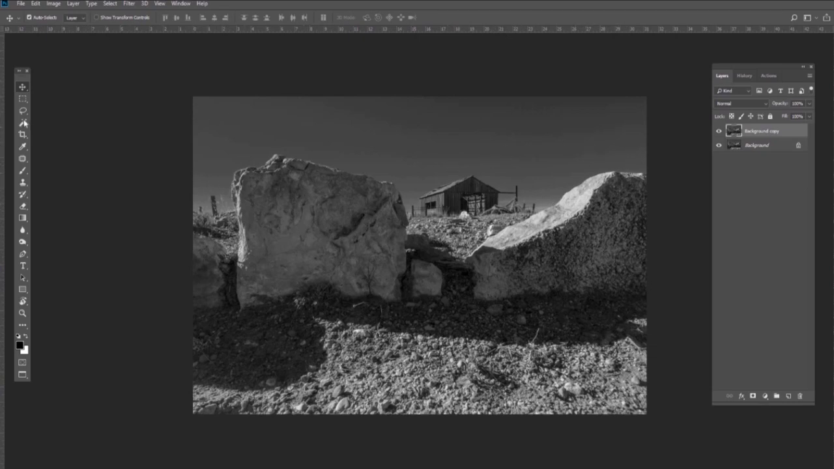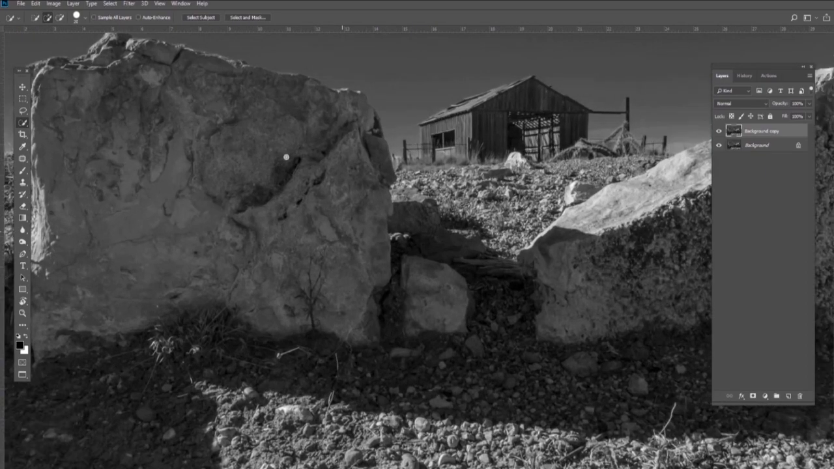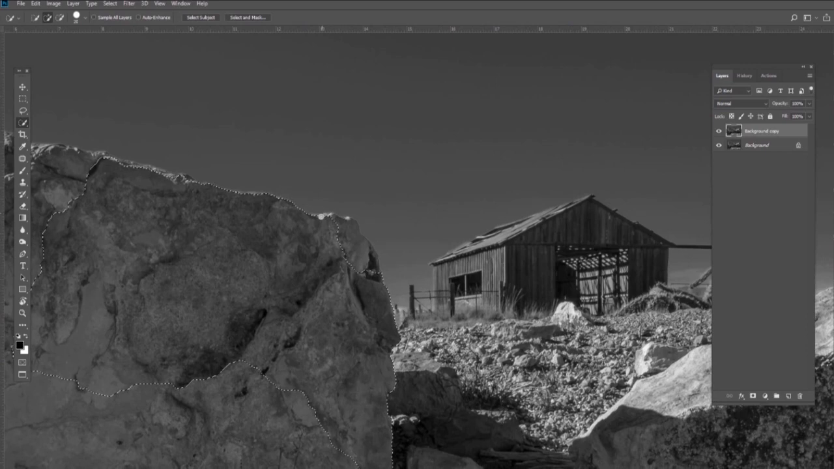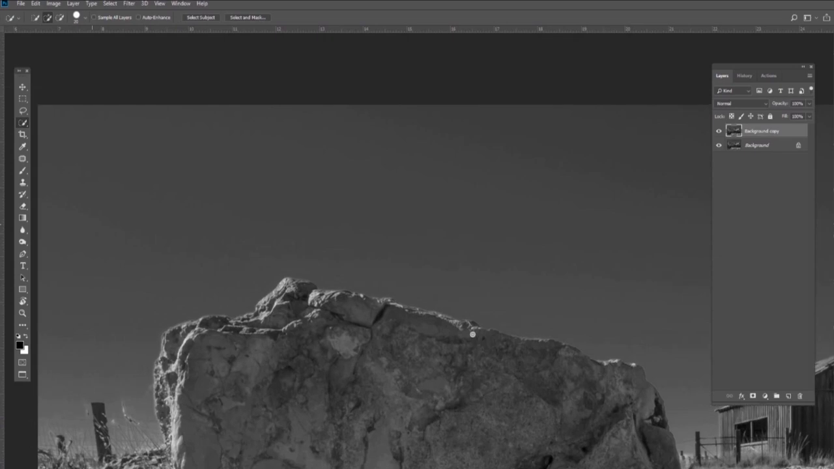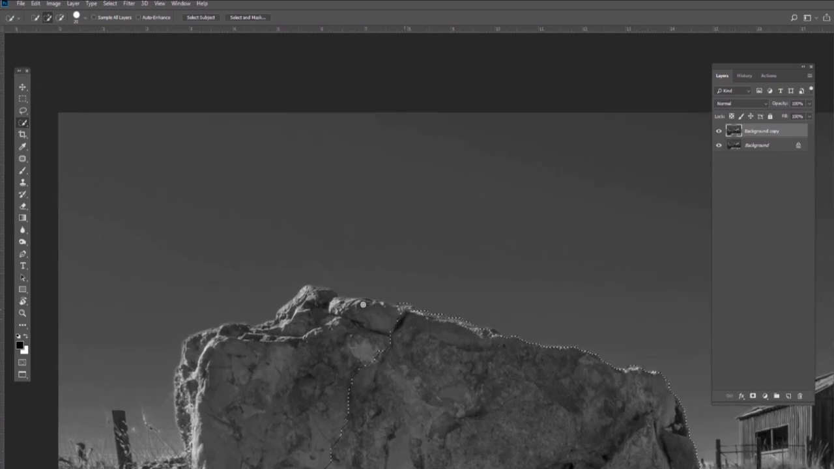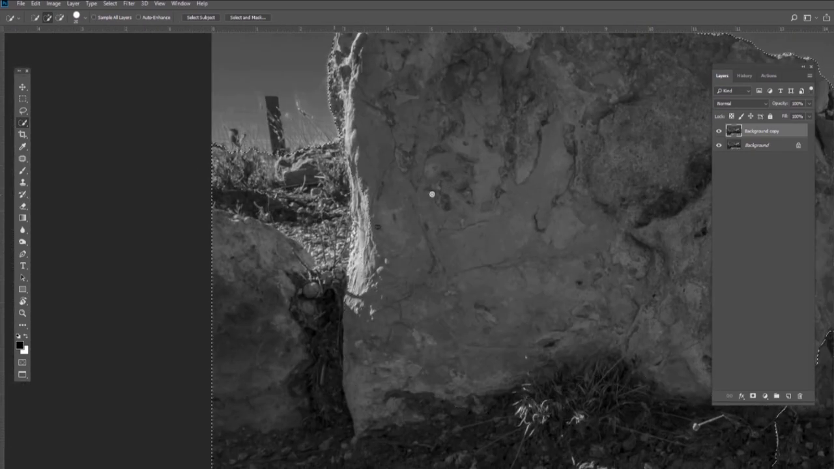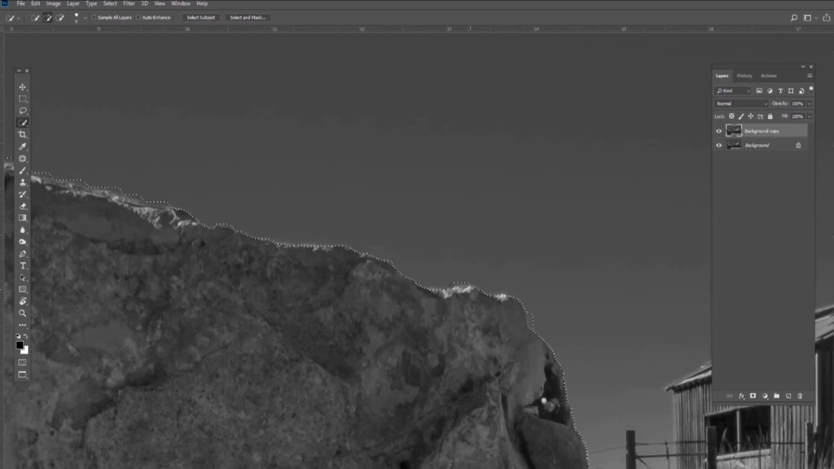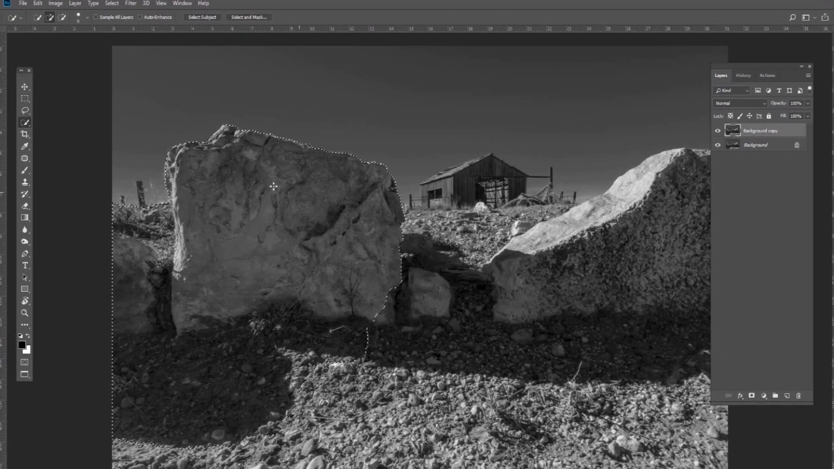So I'm going to start over here with my quick selection tool, and I'm just going to start selecting these rocks. I'm going to zoom in a little bit, come down, and grab these. So I'm going to go through this very meticulously, and we'll come back to this in just a second. Okay, so I've got my rocks selected here. I'm going to go to Select and Mask,